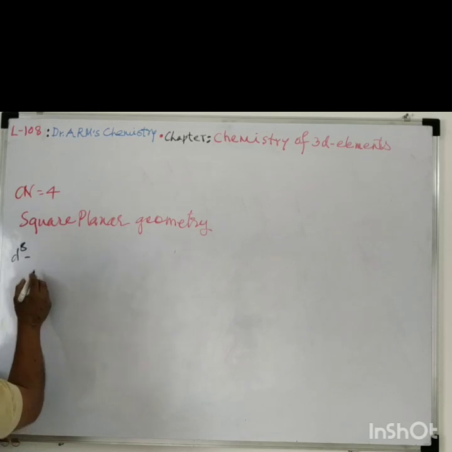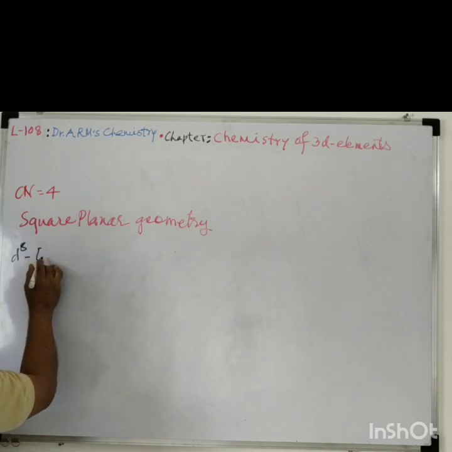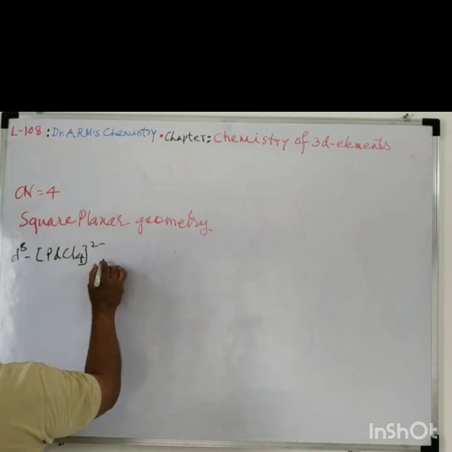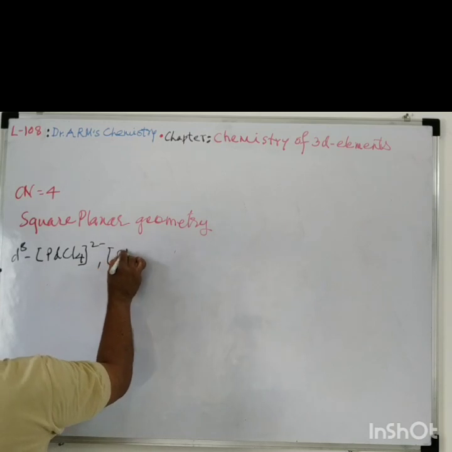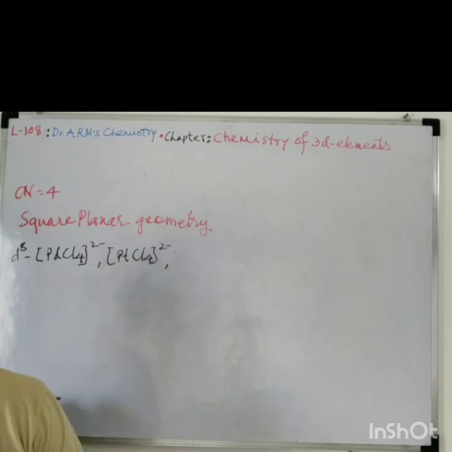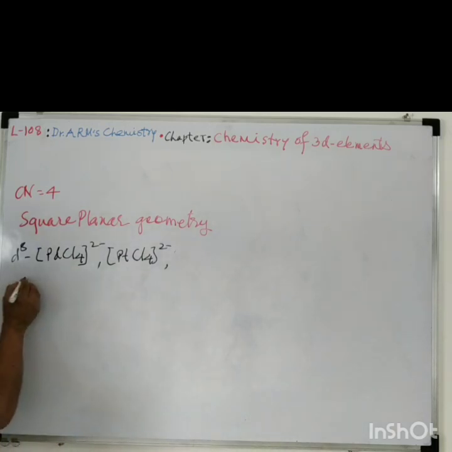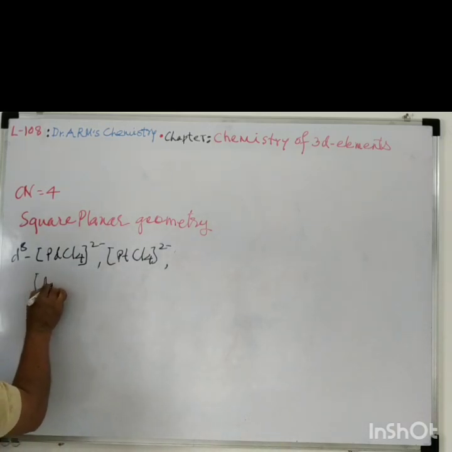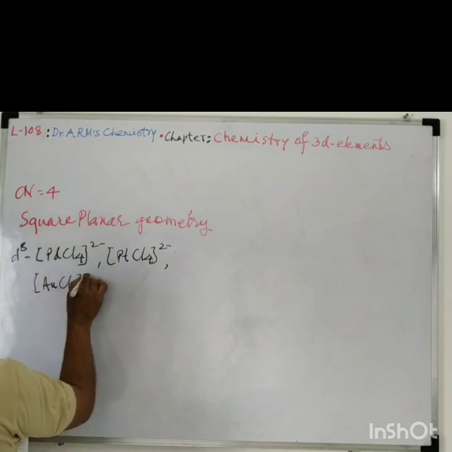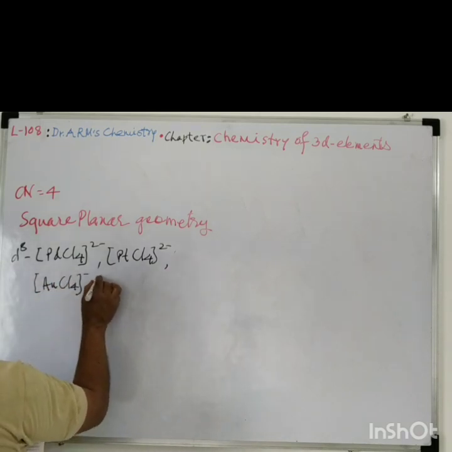For example, you can have PdCl4 2 minus, PtCl4 2 minus, then AuCl4 minus, AuBr4 minus,